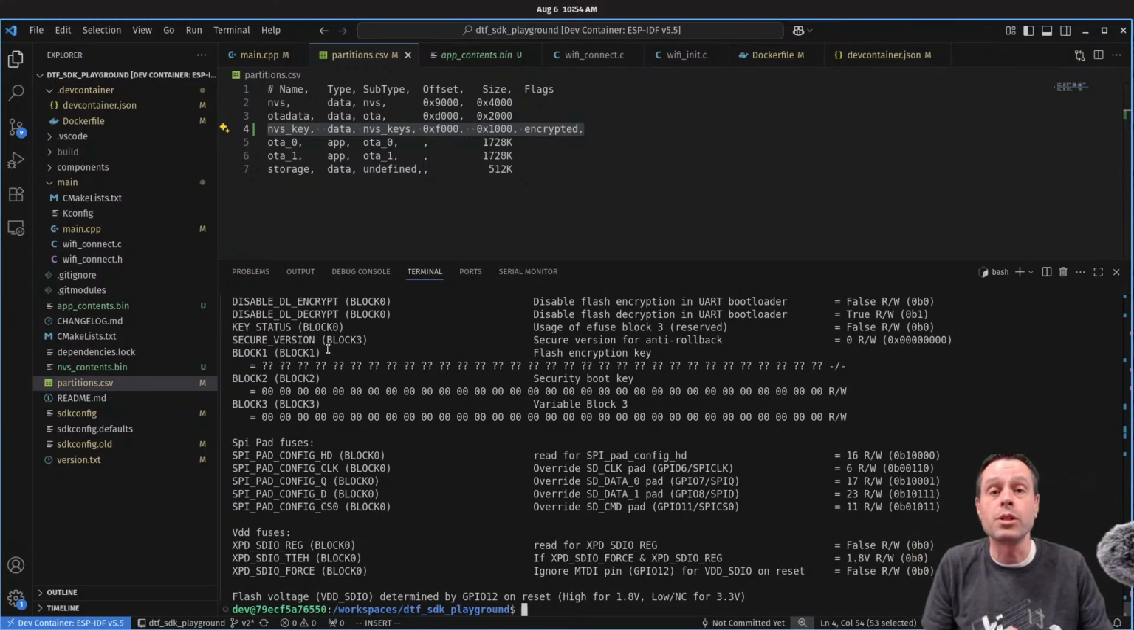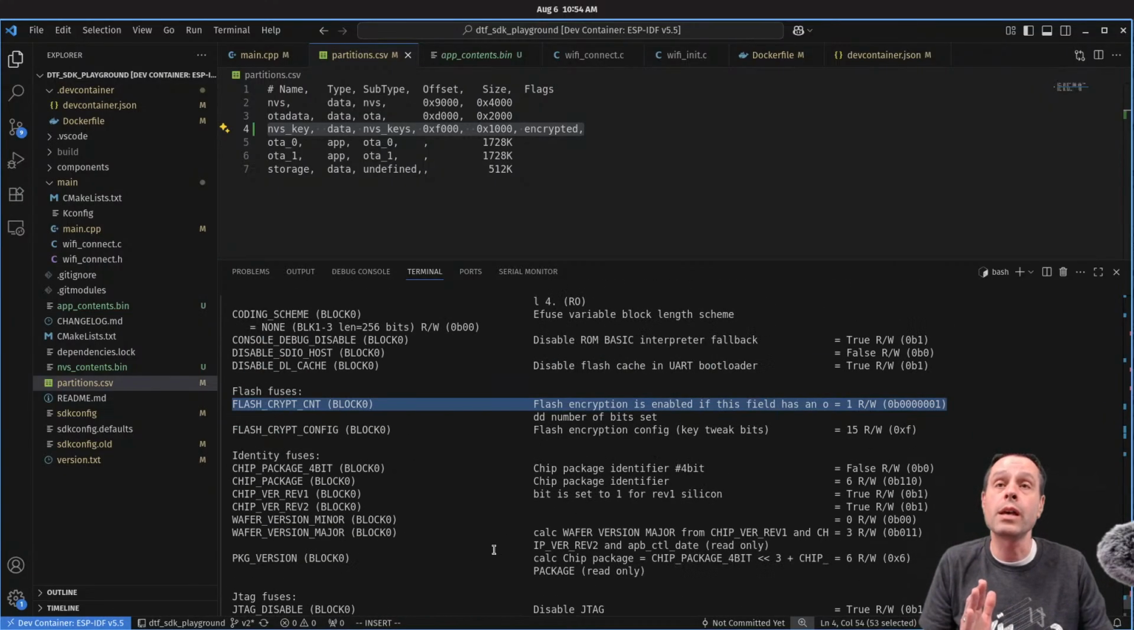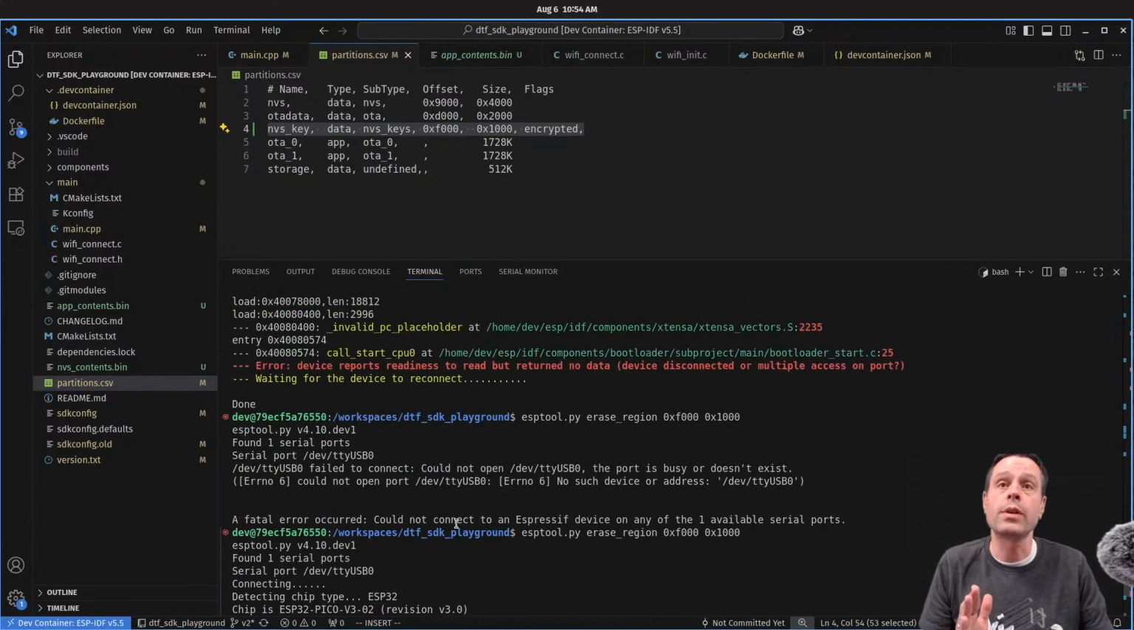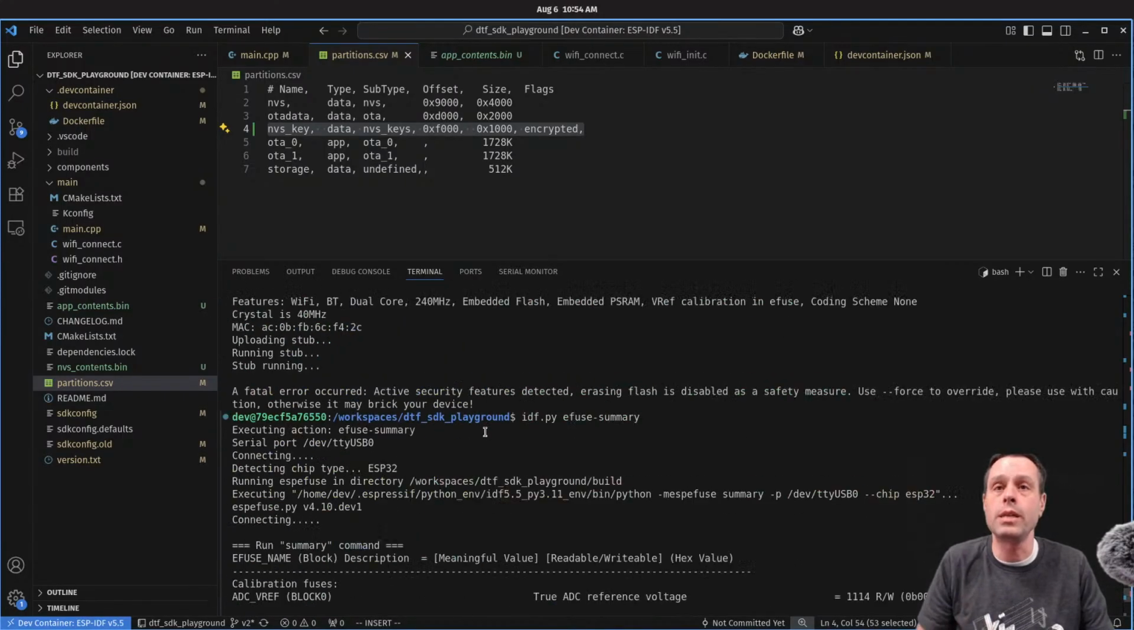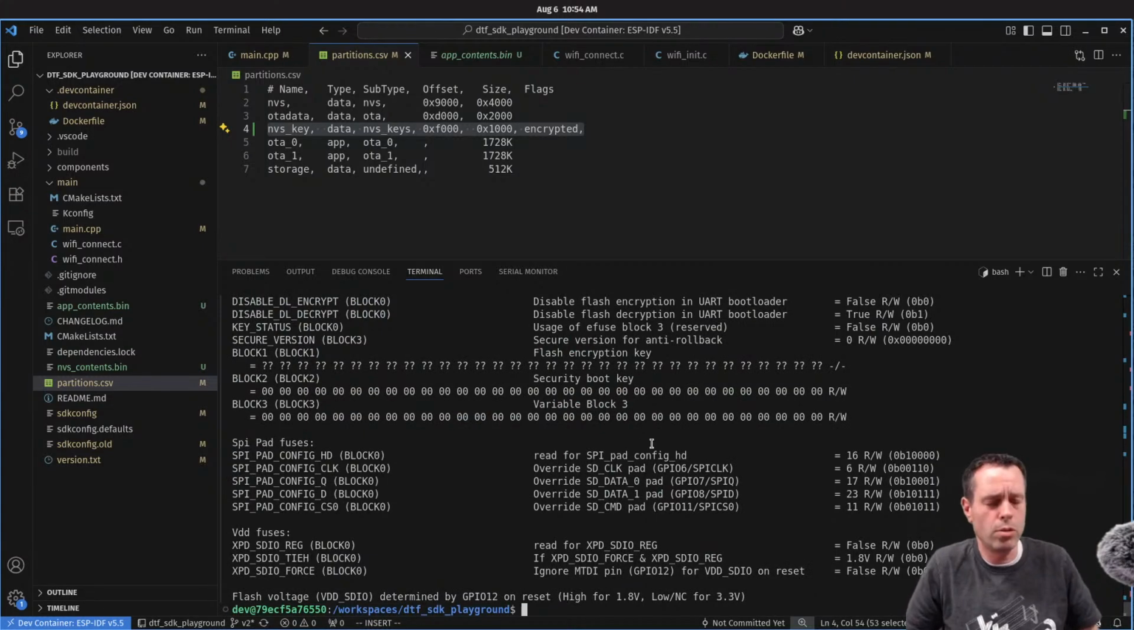It looks like the bootloader did its job, but for some reason NVS encryption is having an issue because it's saying it can't generate the keys. And so